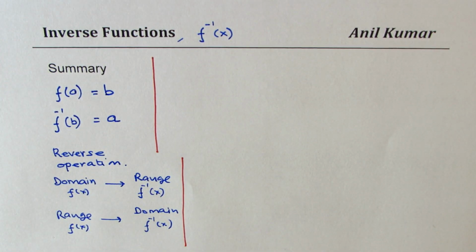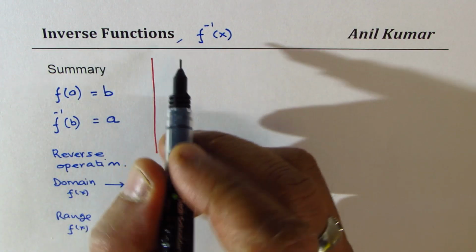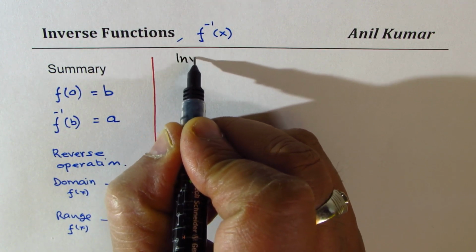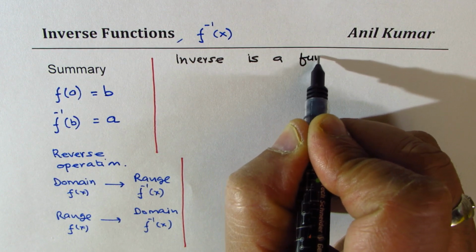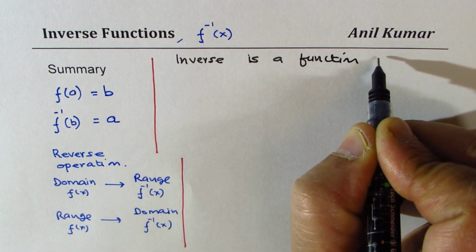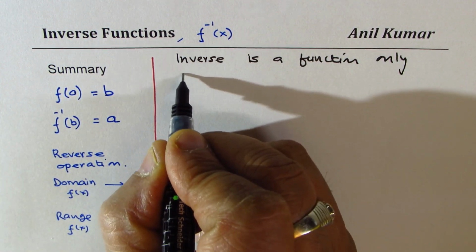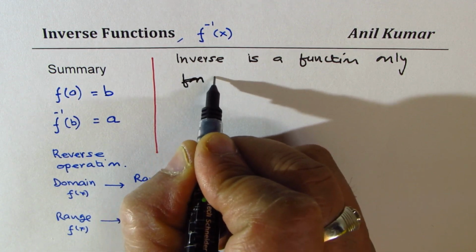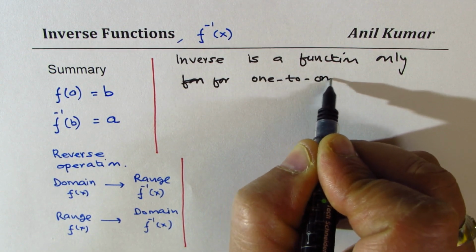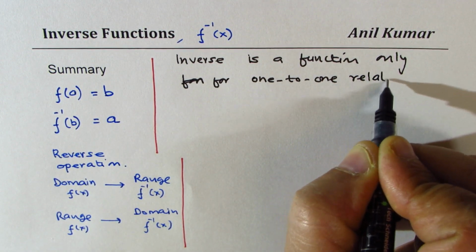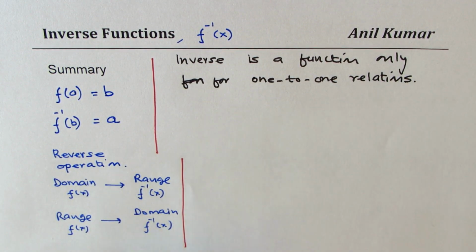Now let us consider a few more. We have also learned that inverse is a function only for one-to-one relations, right? So what I'm trying to say here is